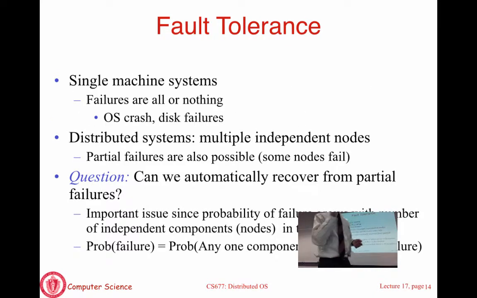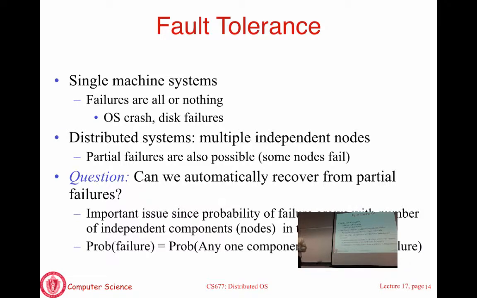Okay, so with that we are going to switch gears. We have about 20 minutes remaining. I'm going to talk a little bit about fault tolerance. We are going to look at how replication can help us deal with faults. Consistency was just the problem of: we have replicas, so we keep them all synchronized. Now we are going to see, if some of these machines go down, what can you do?